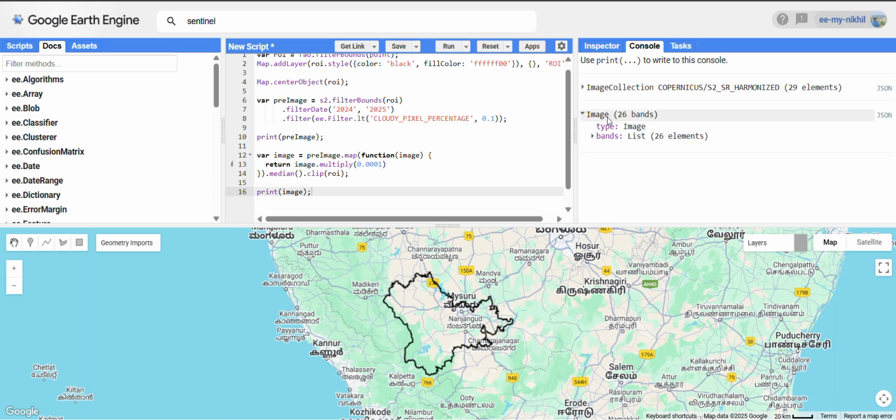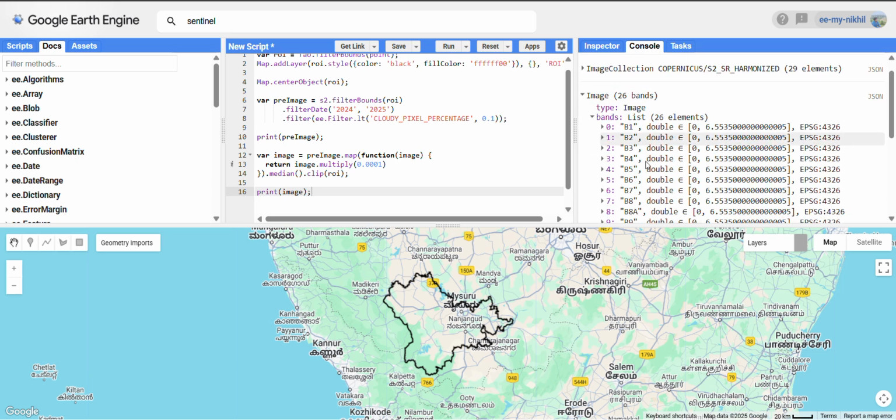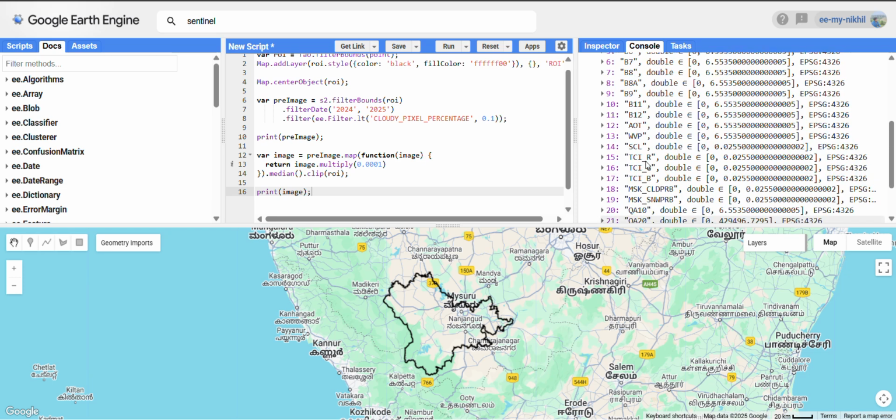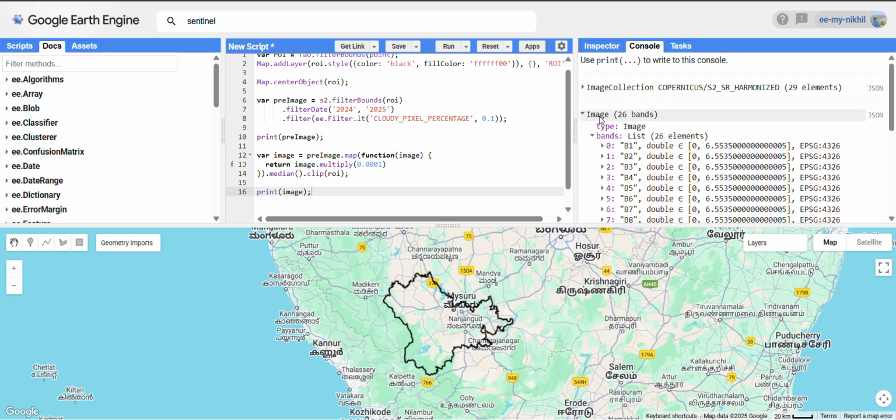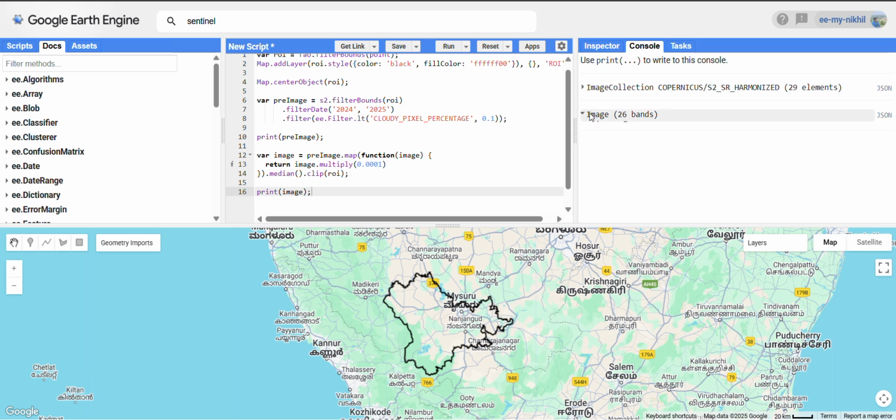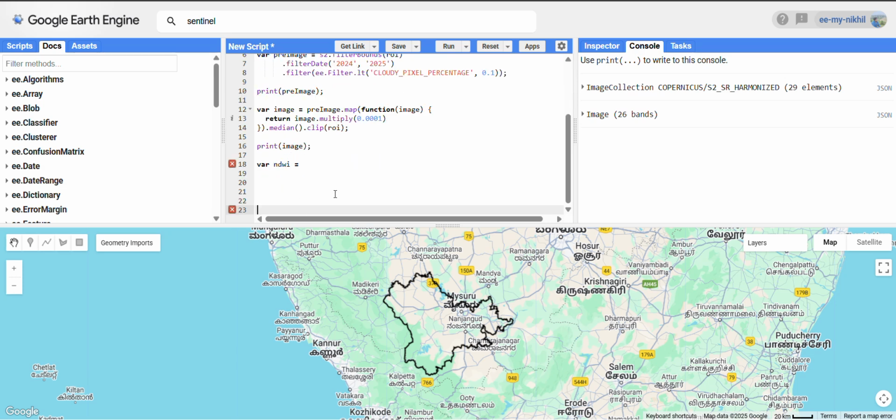Yeah, you have a single image with 26 bands. So it has been scaled now because the value ranges from 0 to 6.5. So now we need to calculate the normalized differential water index, NDWI. So create a variable called NDWI and let's see, we need to